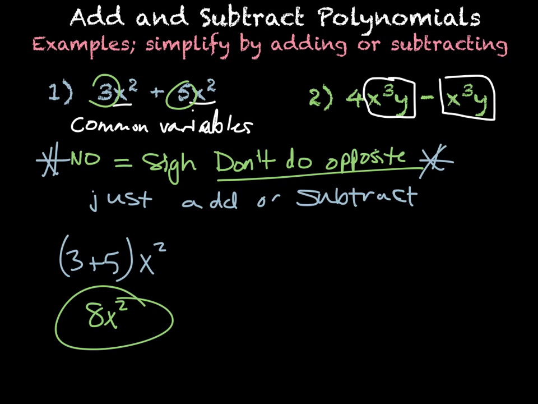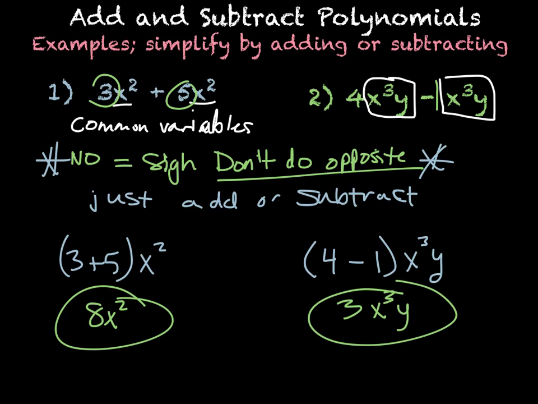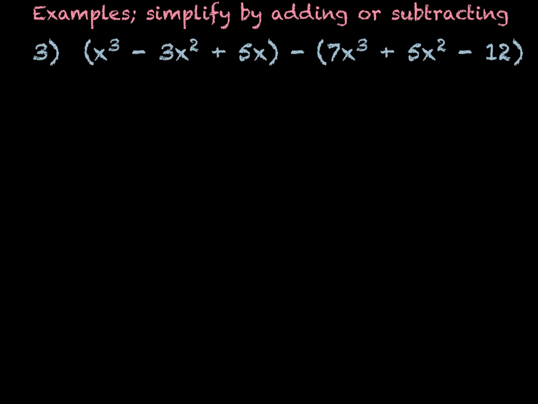So I have x cubed y and x cubed y. So I'm going to put my numbers together, which would be 4 and an implied minus 1. And then I have x cubed y. So when I put those together, 4 minus 1 is 3, x cubed y. Final answer. For this next example, I have x cubed minus 3x squared plus 5x minus the quantity 7x cubed